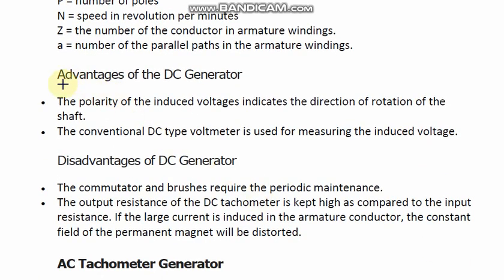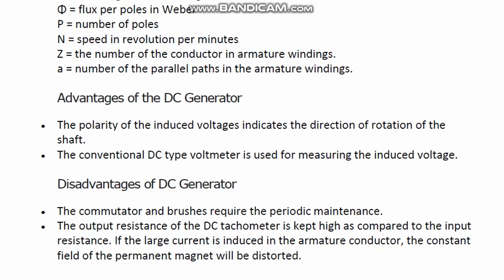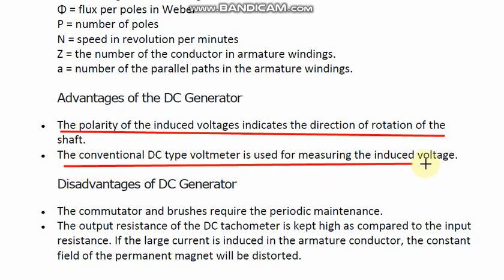And the advantages of the DC tacho generator are just as those of a DC generator. Here the advantages are: the polarity of the induced voltage indicates the direction of rotation. It means that the direction can be measured also. A conventional DC type voltmeter is used for measuring the induced voltage. By using a simple voltmeter we